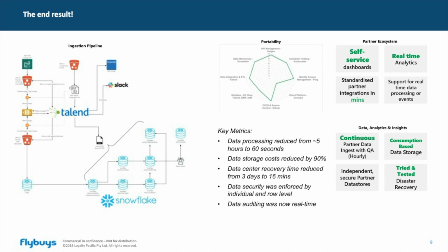Where this came in at the 4.5, 5 hour mark, the initial testing led to about 60 seconds up to 2 minutes. So that was a huge dramatic increase in our ability to ingest large amounts of data. The storage costs, once we converted large amounts of storage, we saw a 90% reduction in the cost of